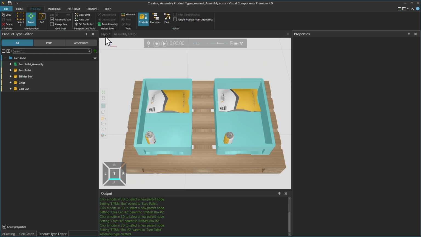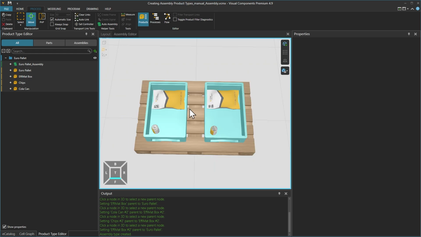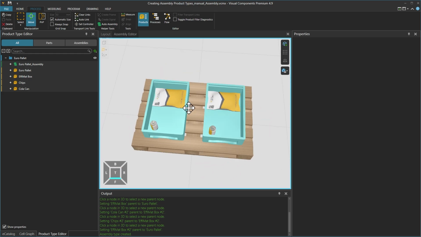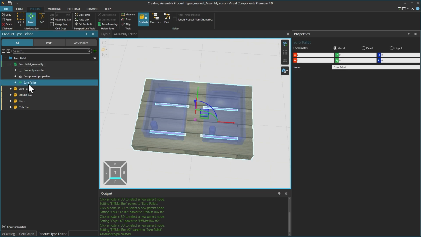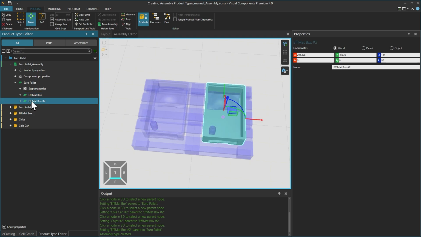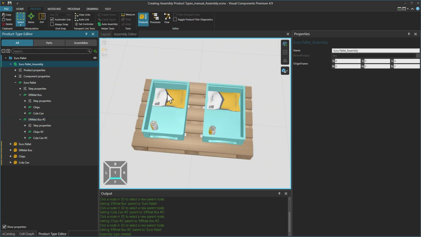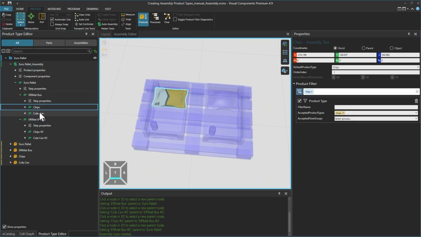Of course, this is the actual assembly in the assembly editor. Of the EuroPallet assembly product type on the left, EuroPallet step, then parallel steps, of course, 2 boxes, and a can. The product type filter has also been created.